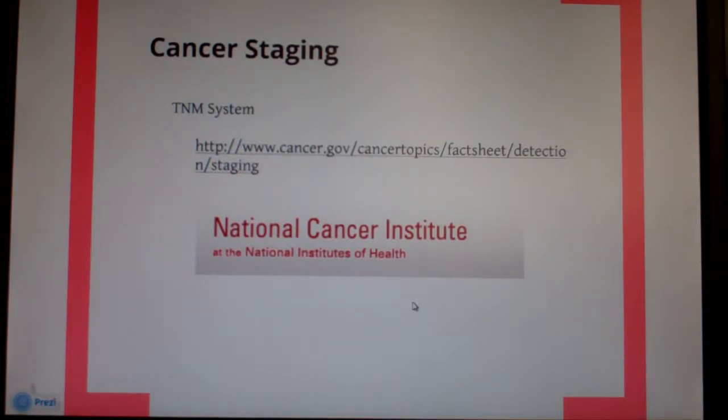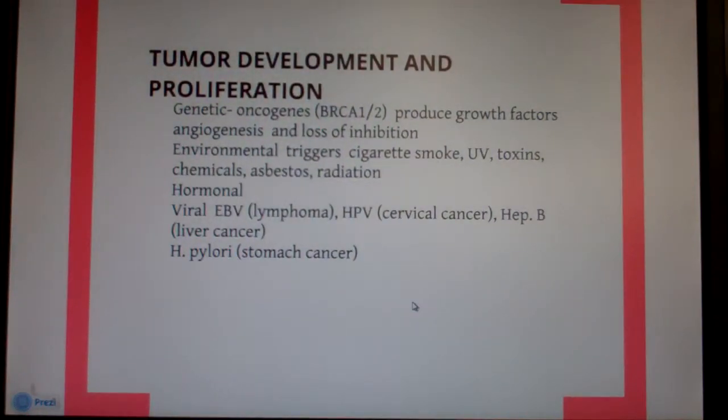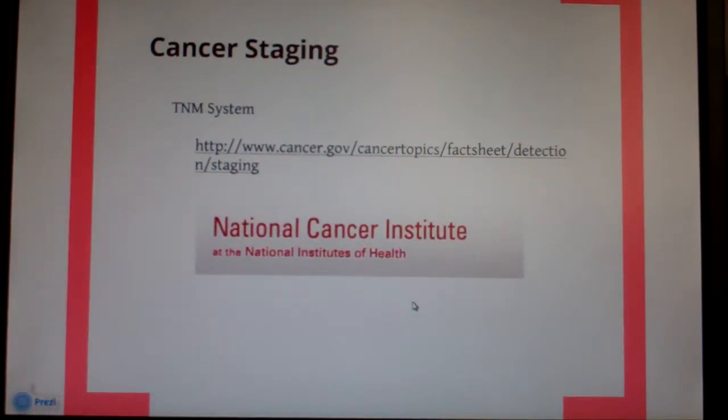Cancer staging, there is this link, obviously, from the National Cancer Institute, and you can go on there and check it out, the TNM system. And all that's really saying, actually, let me look and see if I have this anywhere else. No, I do not. Okay, all that's really saying is that